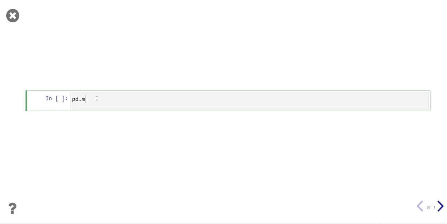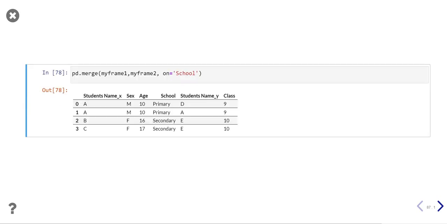So pd.merge: you're going to merge my frame 1 with my frame 2, but now you use the option on, where you specify the column as the key name. So here, what happens is that